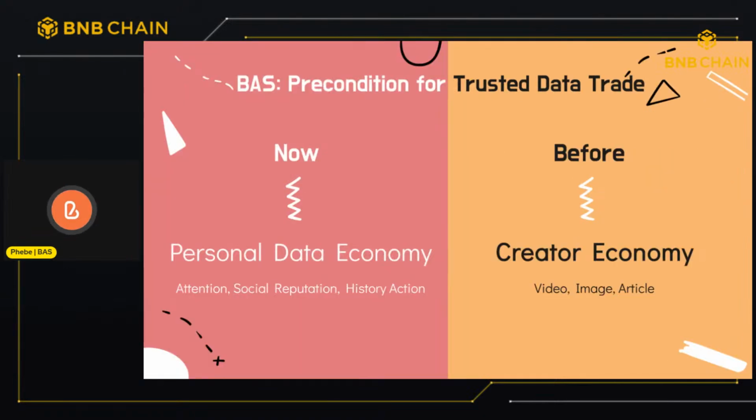BAS also introduced a new decentralized data trading model. The previously traded data consists of users' personal behavioral data, including social reputation, behavioral information, and so on. This new data trading model has proven its prospects in the traditional market, and its scale and potential are much larger compared to the traditional data trading market. This is because the ownership of traditional data is unclear, and the existence of data silos prevents the maximization of